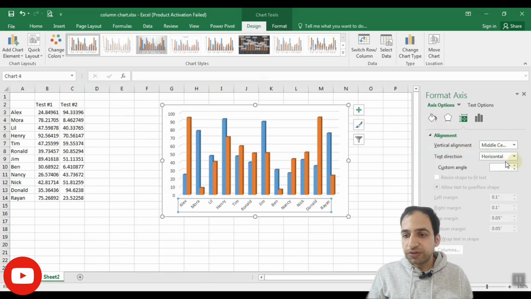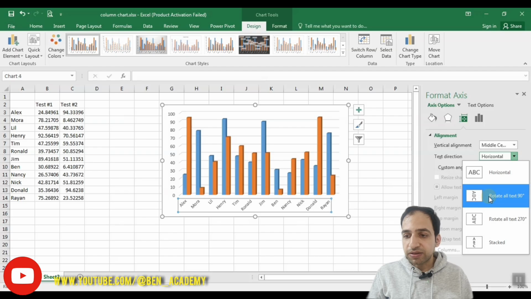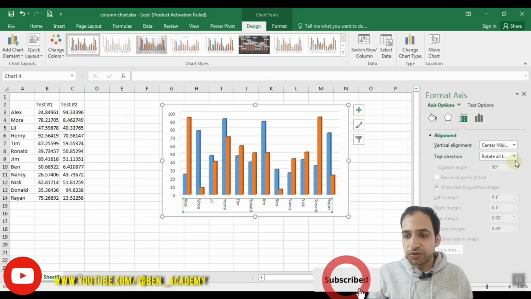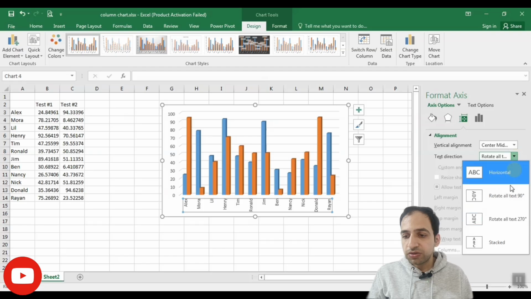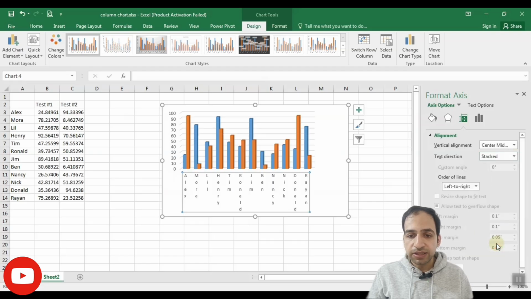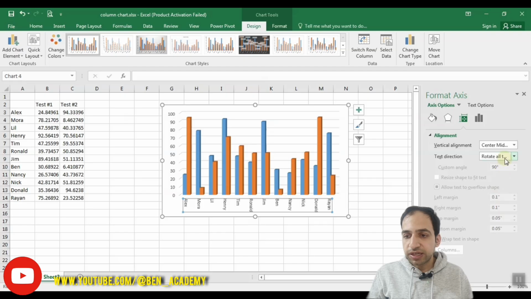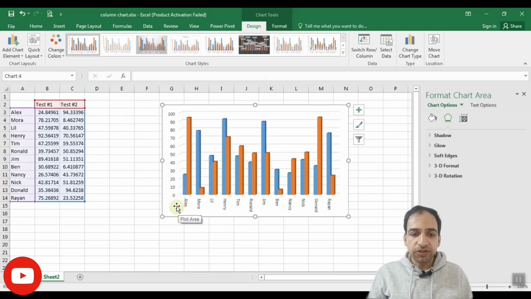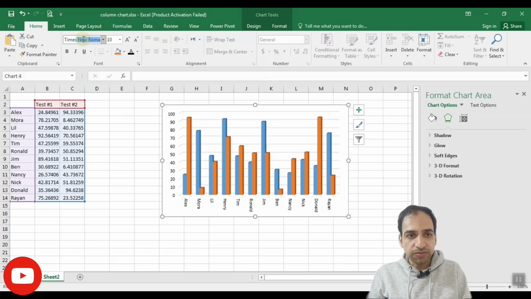If you choose text direction, you can find that it can be rotated with 90-degree or 270-degree. It's up to you, and you can also use it like this, but it's not preferred in many cases. I prefer to use one of these two items, 90 or 270 degrees. The color of the text is gray by default. You can also change the color. I prefer to use black to be visible in a better way,